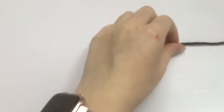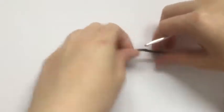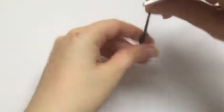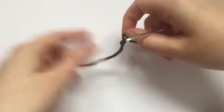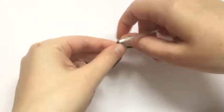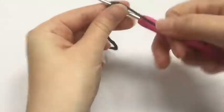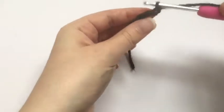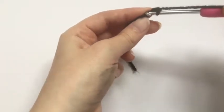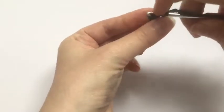So the next step is you're going to do the ear for the sheep, and for this you're going to make a chain of 4. So the first thing to do is to do the slip knot. And then when you've done the chain of 4, when you start the next row you're going to skip the first chain, and then you're going to crochet into the second chain in, as I'm just doing here,